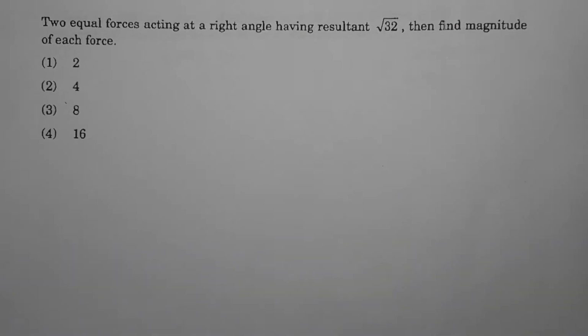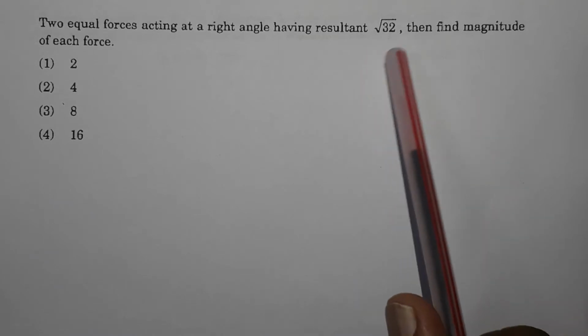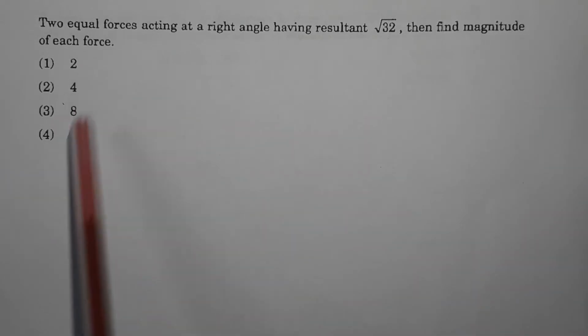Hello students, in this video I am going to discuss the questions from the subject mechanics which were asked in the MES exam 2019. Now the first question from this question paper. Two equal forces acting at right angle having resultant root 32, then find magnitude of each force, and the four